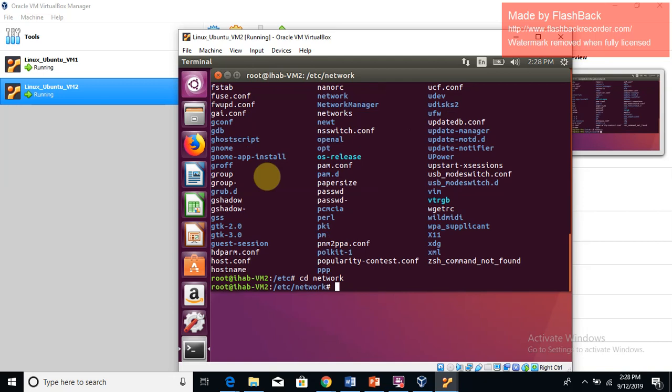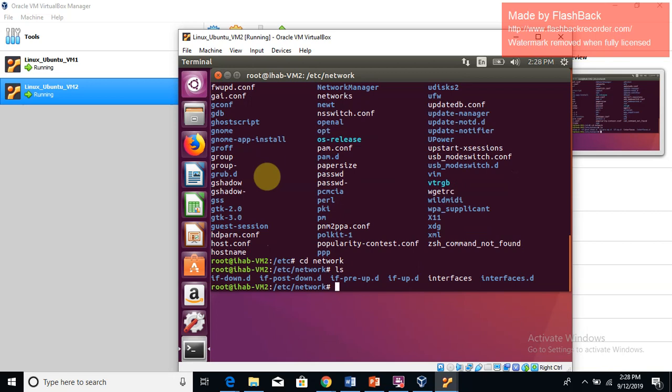Okay, so that's the network. Then ls, so it's called interfaces. So I had to do it through the cd command. I don't know why, but maybe I made some type of error. Now I need to use nano, the editor,